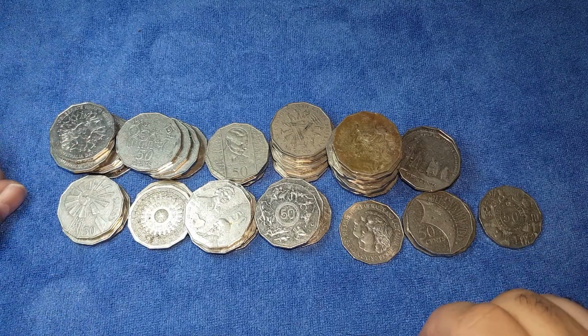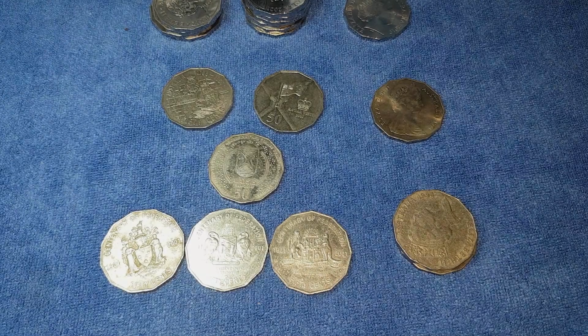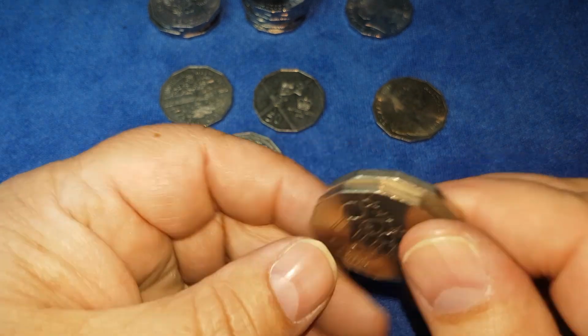The rest of these coins, what I'll do is quickly now I will clean these up, go through all the rest of the coat of arms to look for any errors or rotations or anything of any note, and I will be back very, very shortly. Well, I'm back again, and the only thing of any note that I have really found is these